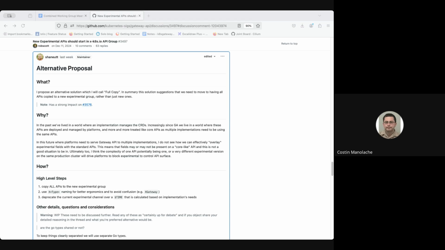No, I actually agree with that. I mean, no experimental, but we can ignore half of the proposal or 90% of the proposal, but keep the 10% that is good. What's the 10% that's good? That you have some resources that are stable and clearly separated from the experimental. Do you name it a different type? Yeah, it's like V1 gateway.